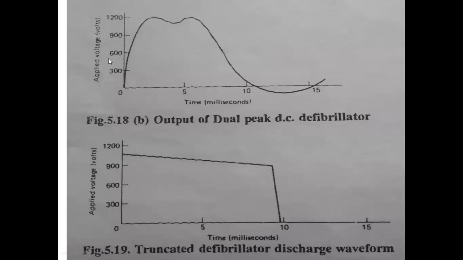The upper diagram shows the output of the dual peak DC defibrillators. If you observe, here we have two peaks. By these peaks, we can apply more energy with a lower amount of current. That is possible with the dual peak DC defibrillator. By applying in this way, we can reduce the current level, so the damage to the heart muscles and the chest walls is reduced to some extent. Okay,